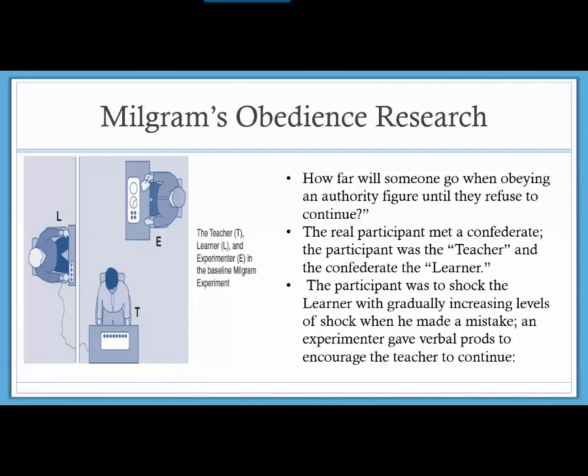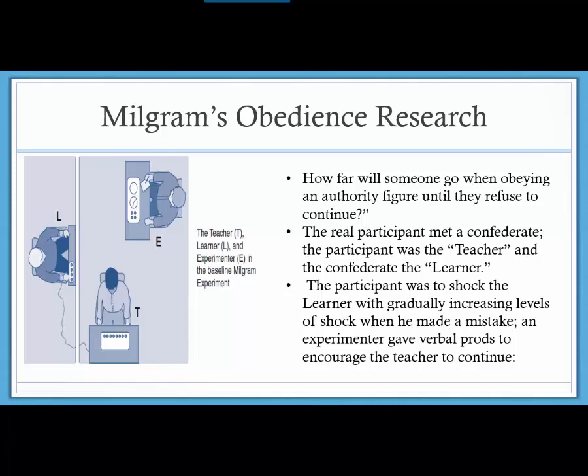They're told that they are taking part in an experiment to test memory, and that the learner, who is a confederate, meaning that they know what's going on in the experiment, is really just an actor, playing a part in order to help determine how the teacher, the volunteer participant, would respond. So they're told that they're helping the learner learn these word pairs. And if they got an answer wrong, then they were instructed by the experimenter, who also, of course, was part of the experiment, so knows what's really going on,